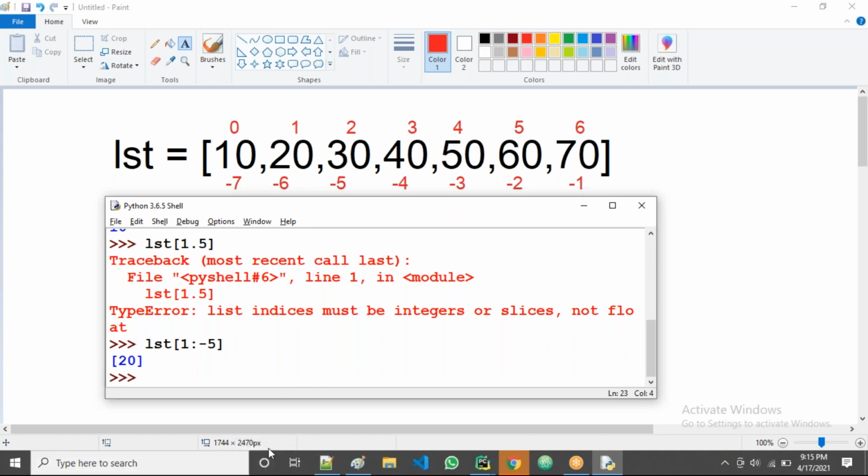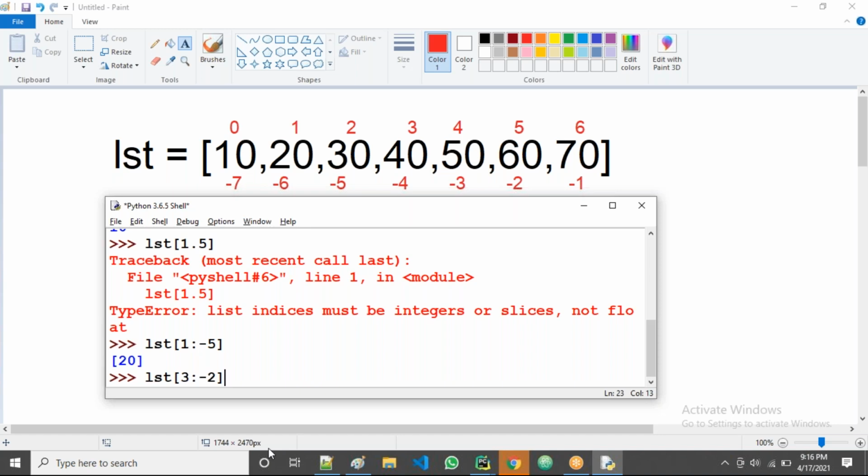Now next one, LST of 3 colon minus 2, guys. Tell me now. The output must be in the square brackets, guys. Don't simply enter like 40 comma 50.